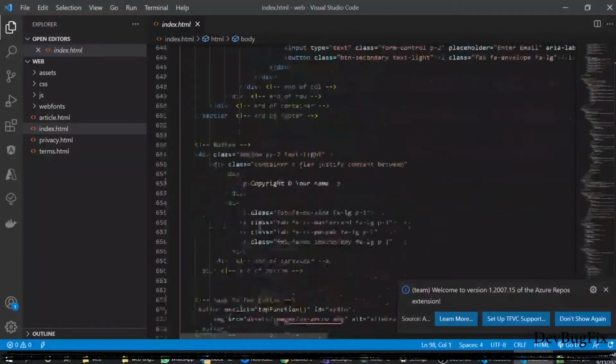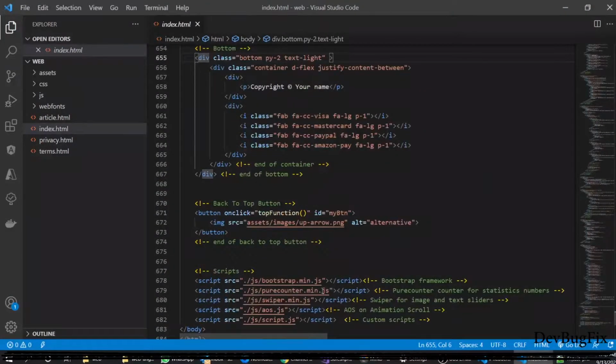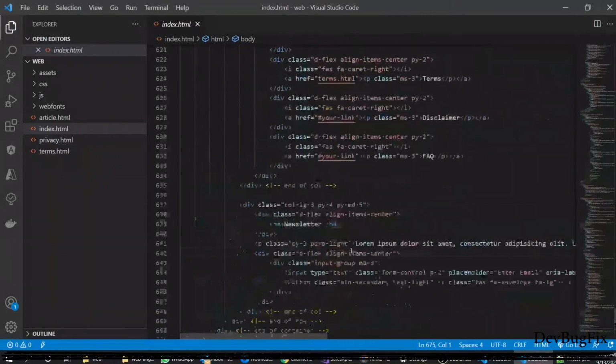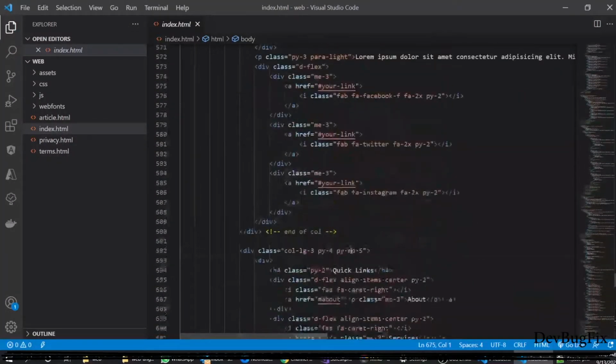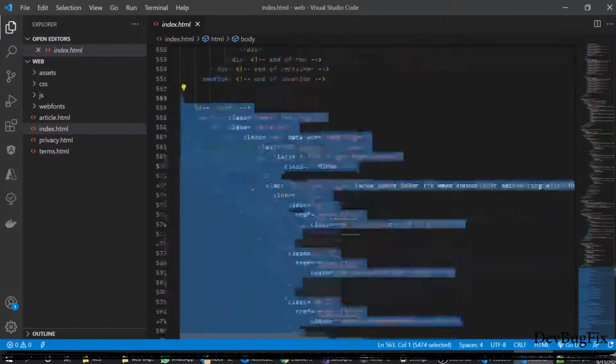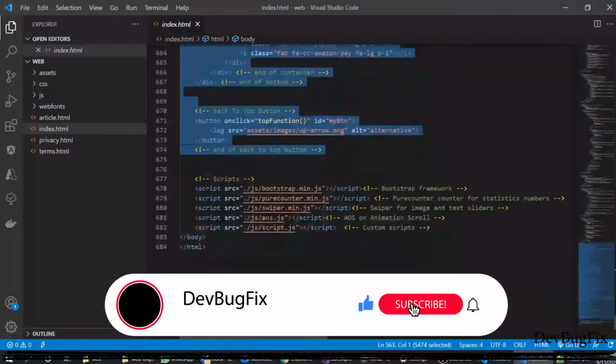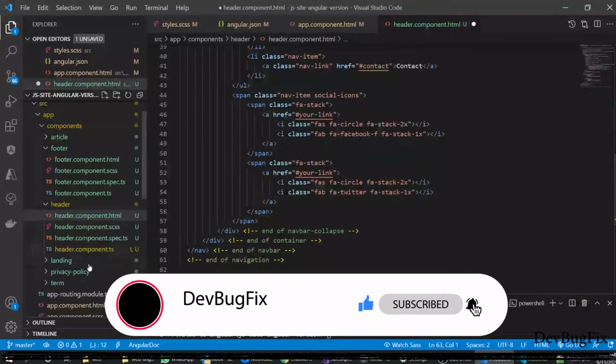Do not copy the script tag. So this is the footer. Paste it in the footer component.